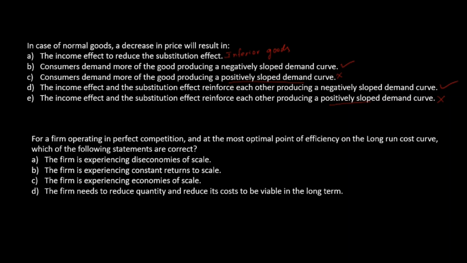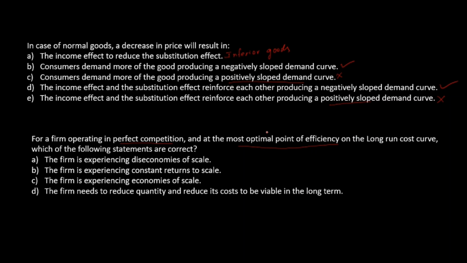For a firm operating in perfect competition and at the most optimal point of efficiency on the long run cost curve, which of the following statements are correct? So remember here, the firm is operating in perfect competition and it is at the most optimal point of efficiency, which means if it further increases the production beyond this optimal point, then it goes into diseconomies of scale, right? So right now it is at the most optimal point, so which means it is operating under constant returns to